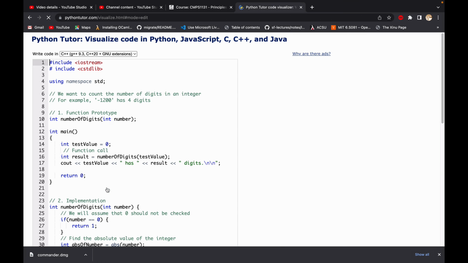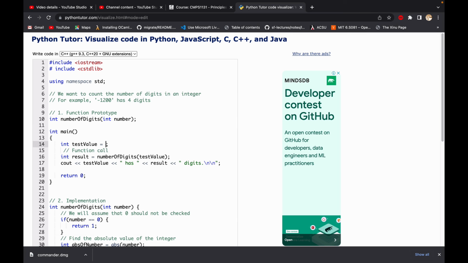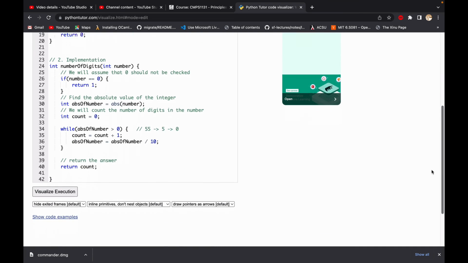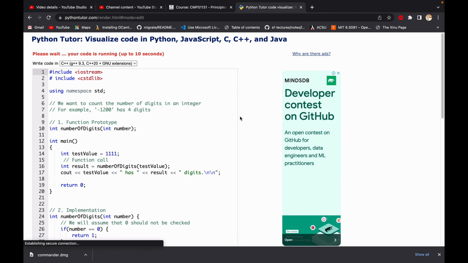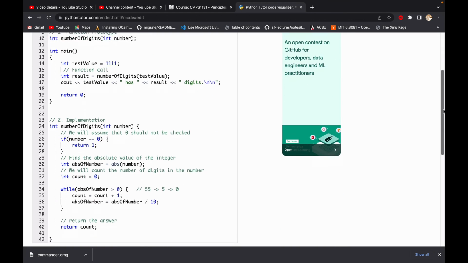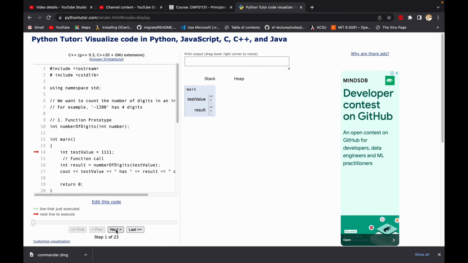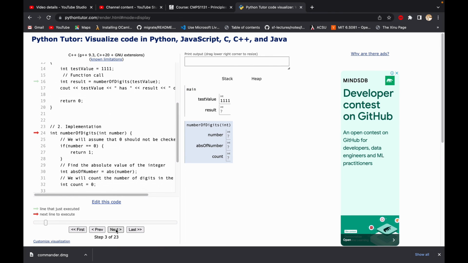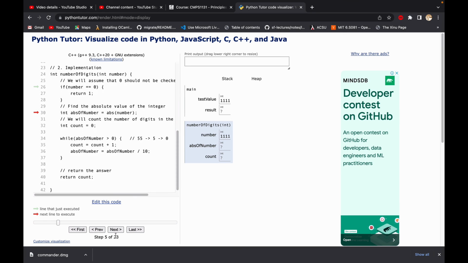Now, if we didn't put 1 and we put maybe negative or just 1100, 1111, then you'll notice that we will now skip the conditional, the if, and we'll execute the rest of the code. Okay, so we come here, all right? So notice this will be false, so we skip that, and we will go down here, all right? And we keep at it, and notice how the value will change. It will go from 1111 to